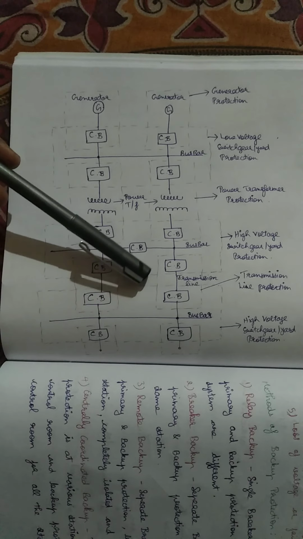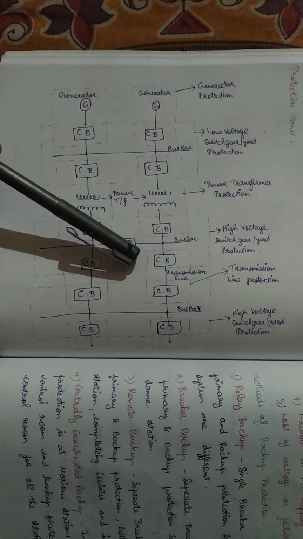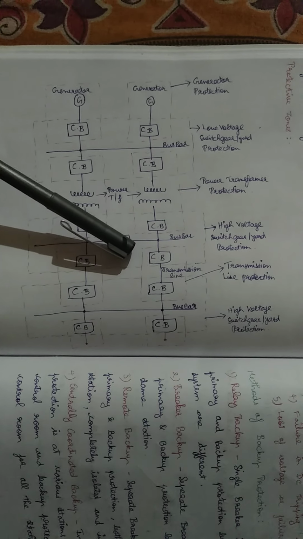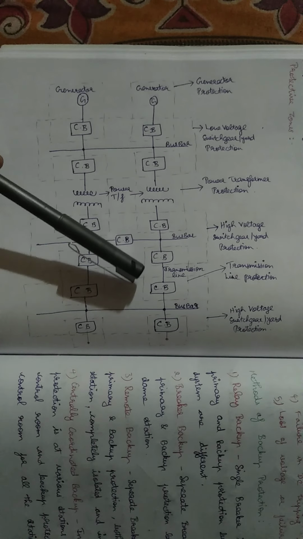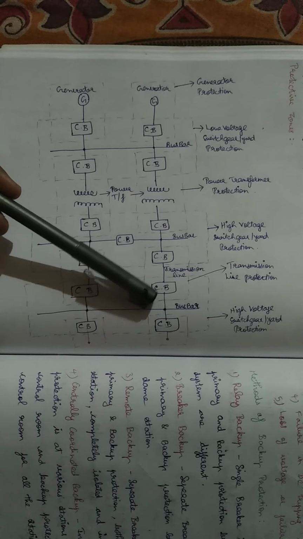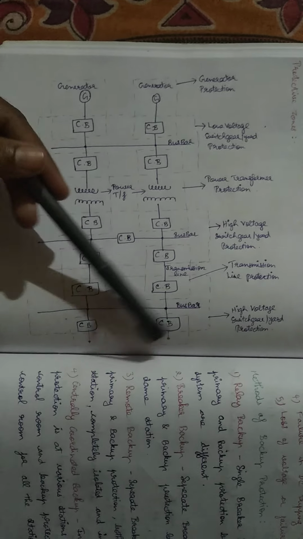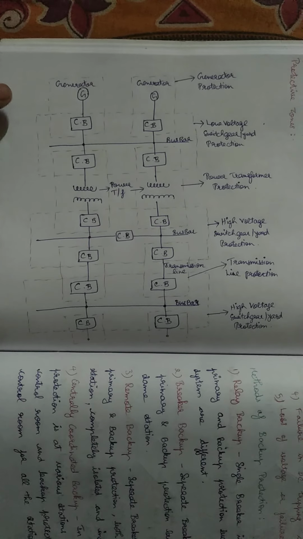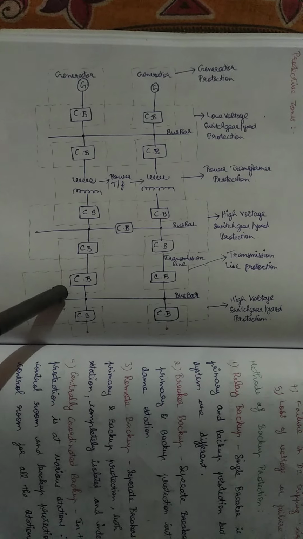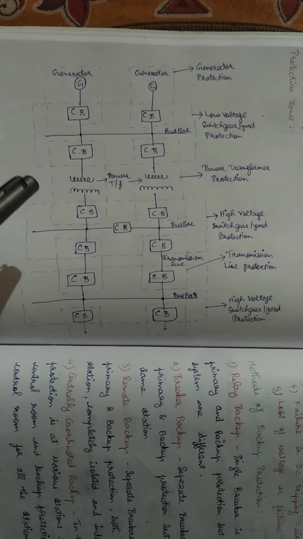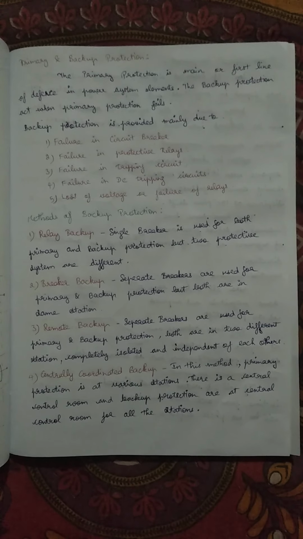Then for a transmission line, as I said, distance protection and carrier aided protection can be used. Then it is connected to another bus bar, which means another substation. Here the normal bus bar protection, bus protection, and differential protection can be used. These are the basics of protection and relaying of our substation, from one substation to another substation.